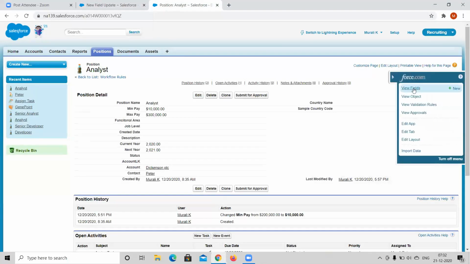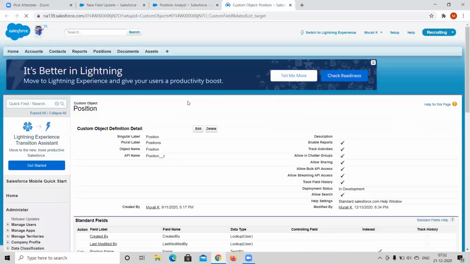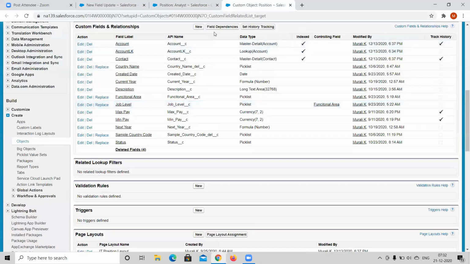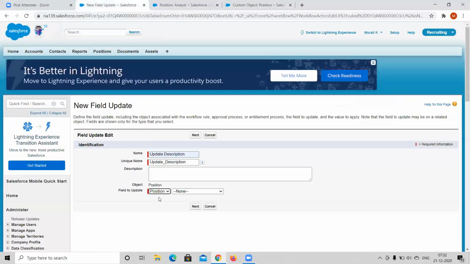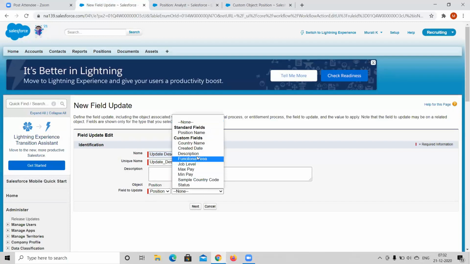Let me open the fields. If you see the fields, we have the master detail and lookup relations with the contact and account. So that is the reason it is showing three objects: position, account, and contact, because position is the child object. So based on the condition on a child object, we can update the parent object in workflow. So I'm selecting position, then the description field,